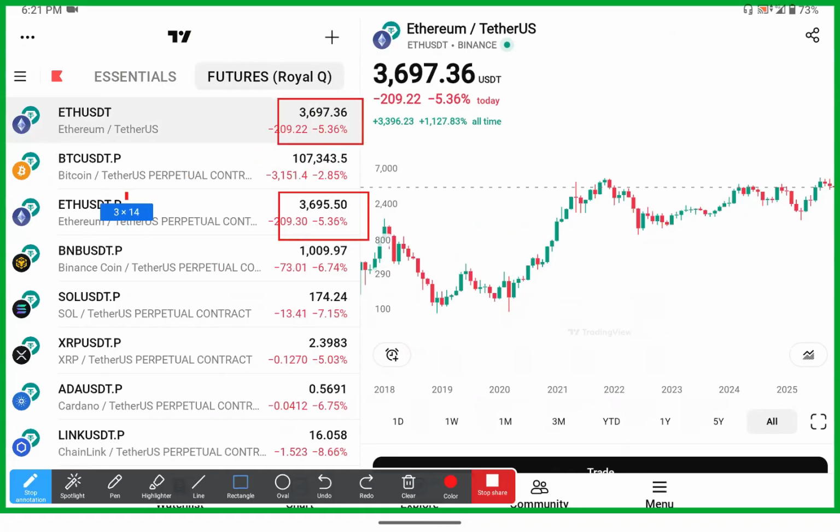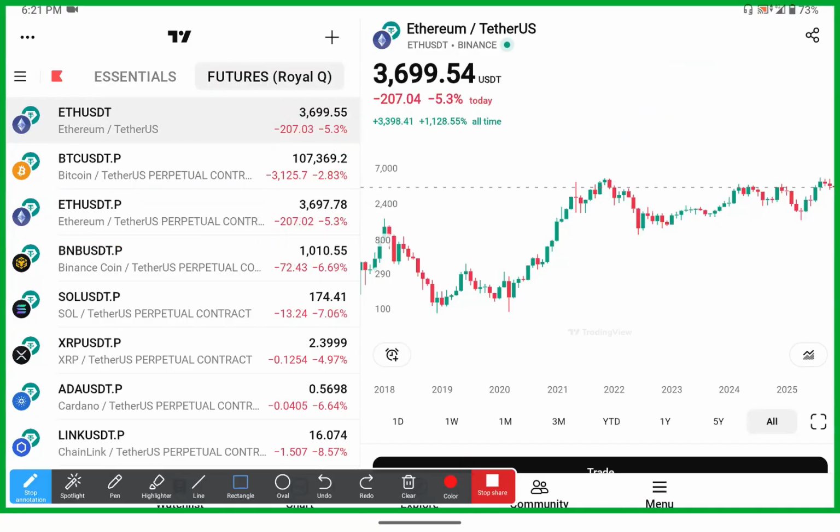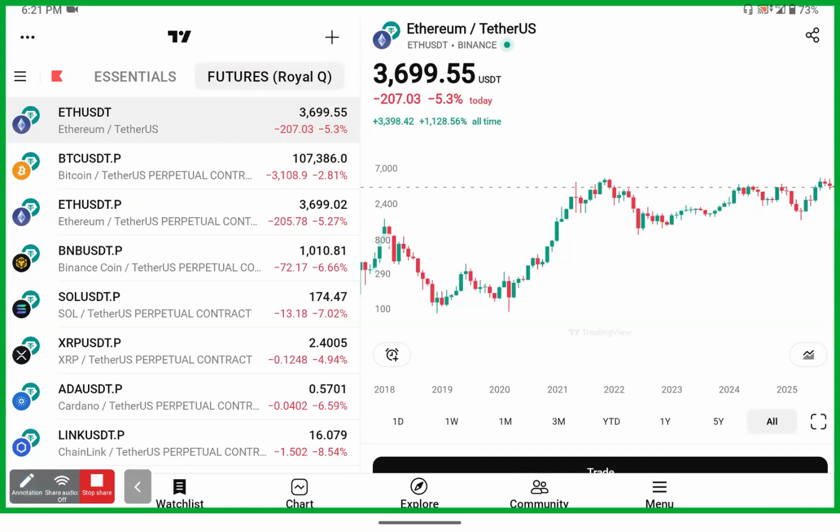This is perpetual and this is just spot. Get? So you should not feel so what. There is always a difference, but it is not always so huge and so large. So